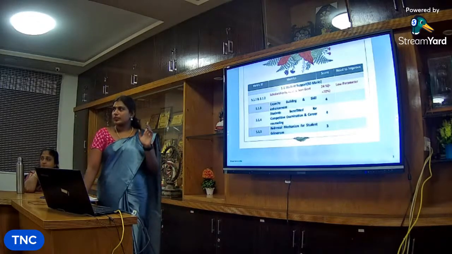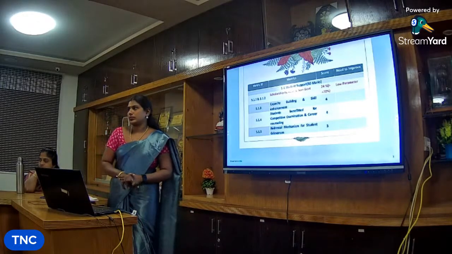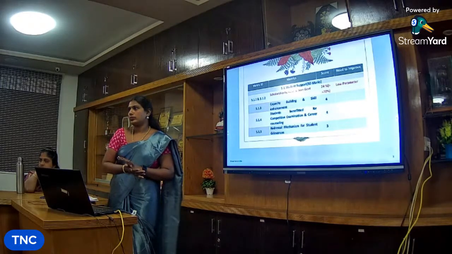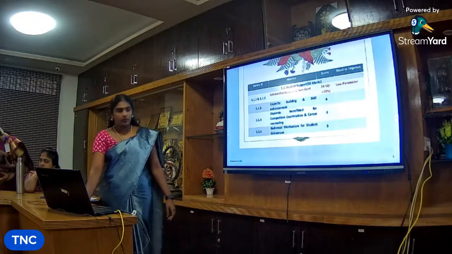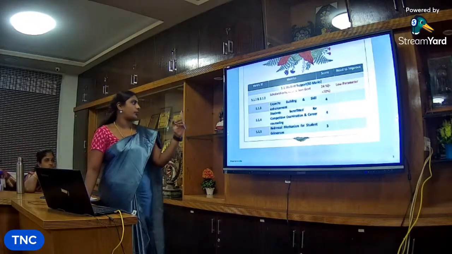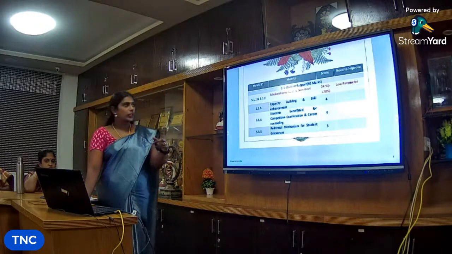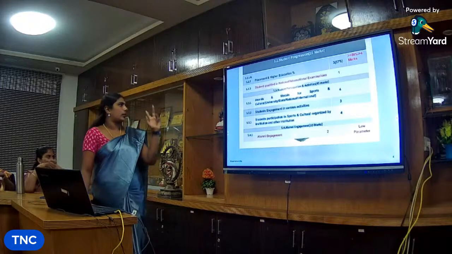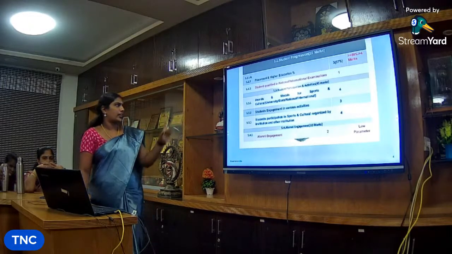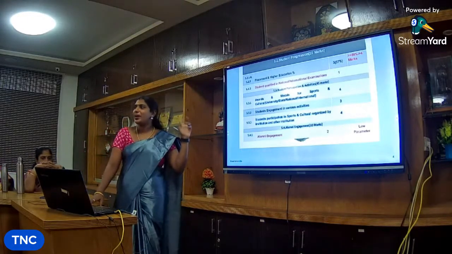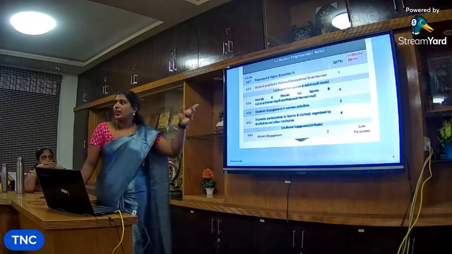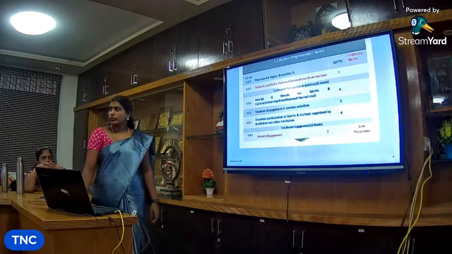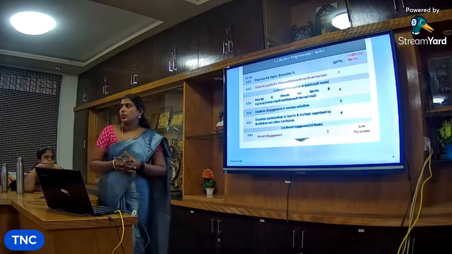The scholarship by government. We got 5.1.3 4 marks, 5.1.4 4 marks, 5.1.5 3 marks, and then 5.2 student progression: placement, higher education, and students qualified in national and international examinations. We got very low marks, but it is scored by the overall national and international examinations.